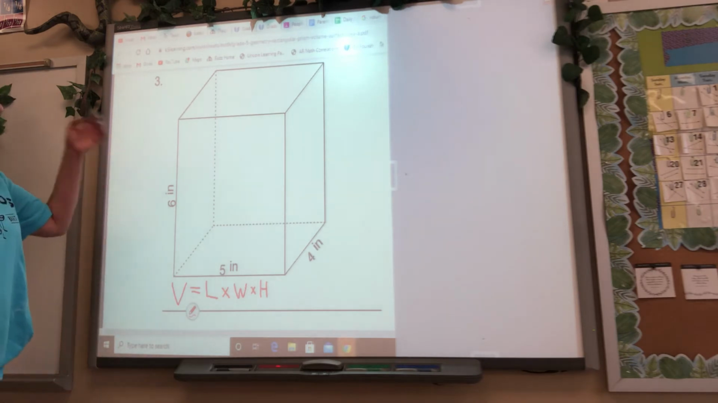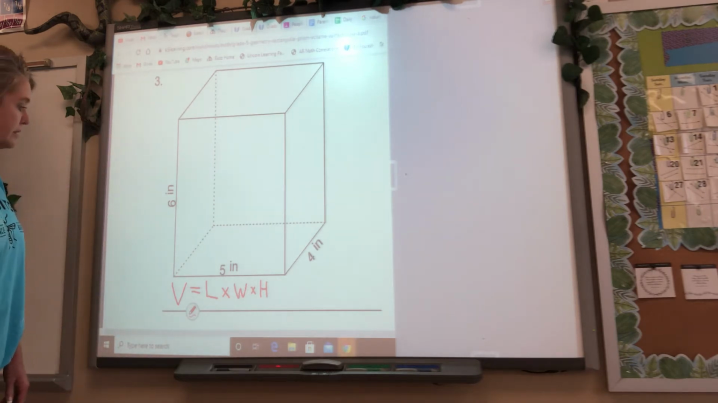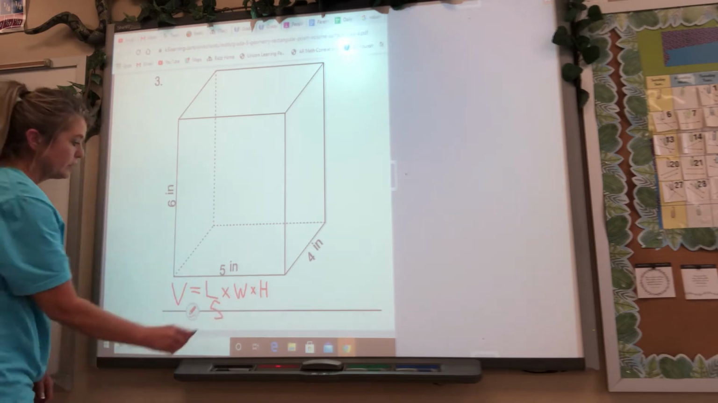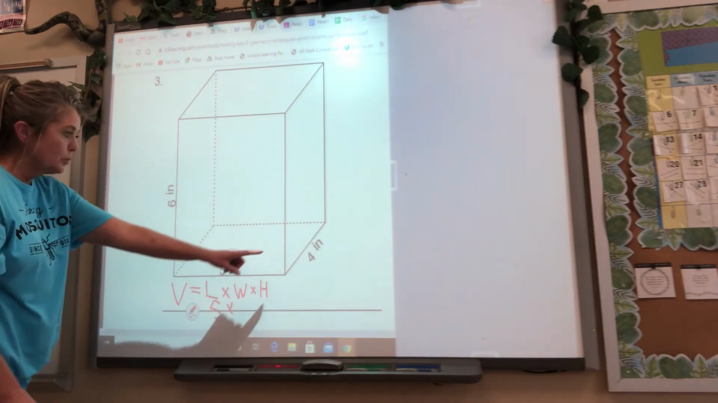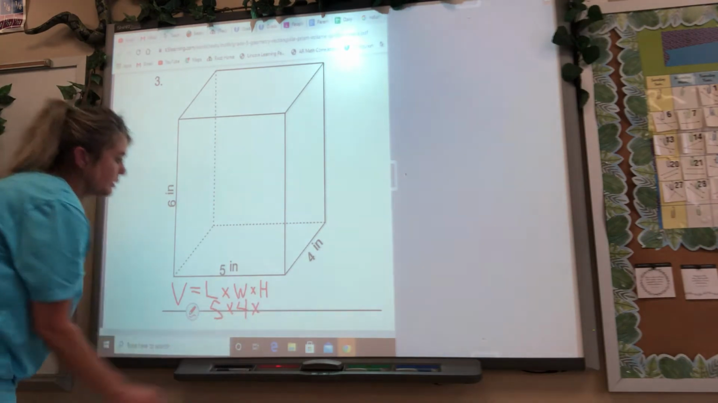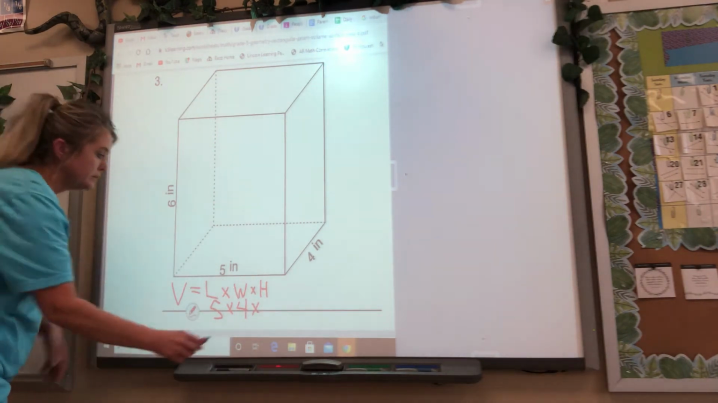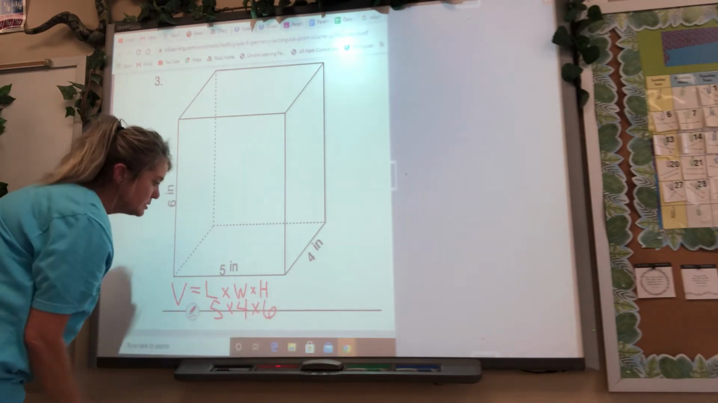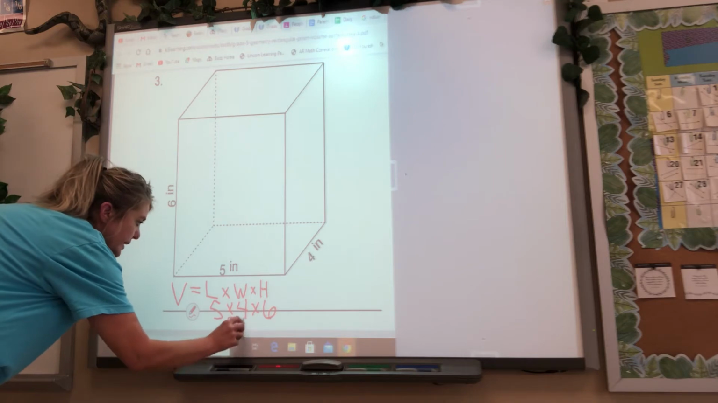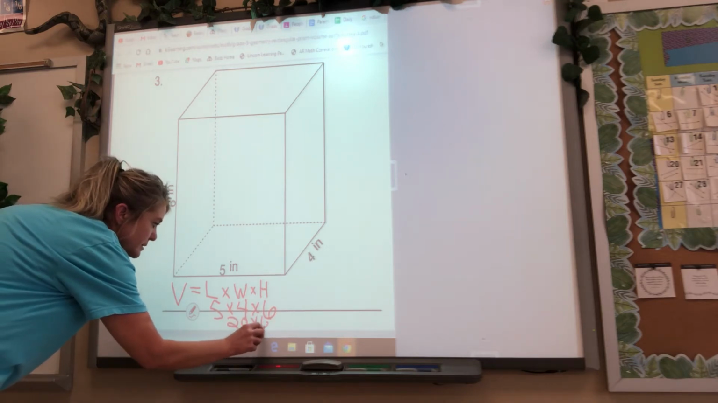And for this rectangular prism, the length would be your 5 inches. Your width would be the 4 inches. And your height would be the 6 inches. So you would multiply those. You would have 20 times 6